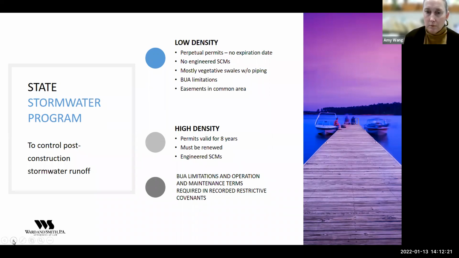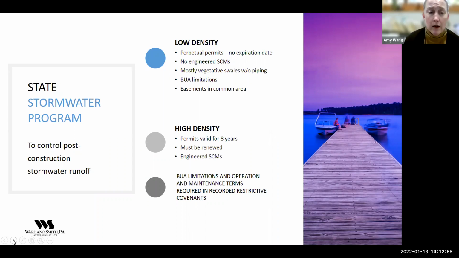Keeping enough green space or soil around helps to control the velocity of runoff. You'll notice in your own community that when it rains, it sheet flows off of your streets and your driveways fairly quickly, but it doesn't have the same velocity running through lawns or green spaces. That allows the water to slow down enough to start to infiltrate into the vegetation and to allow the soil to capture the pollutants. That's the primary purpose of the stormwater regulations.